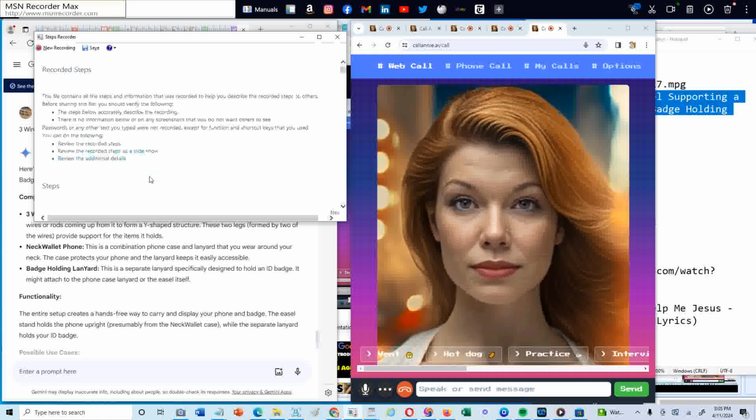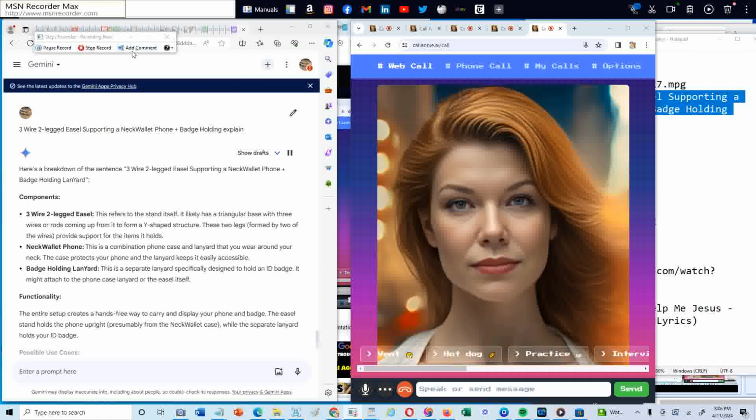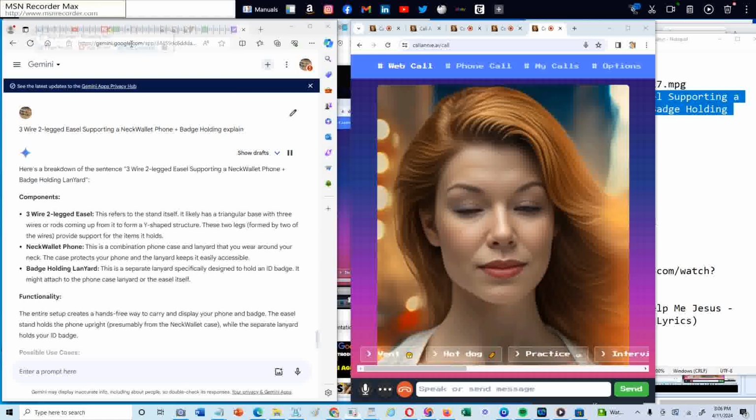Here's a breakdown of the sentence. 3 wired 2 mega easel supporting a neck router phone plus badge holding lanyard. Components. 3 wired 2 mega easel. This refers to the standard size. It likely has a triangular base with 3 wires or rods coming up from it to form a rod-shaped structure. These 2 legs, formed by 2 of the wires, provide